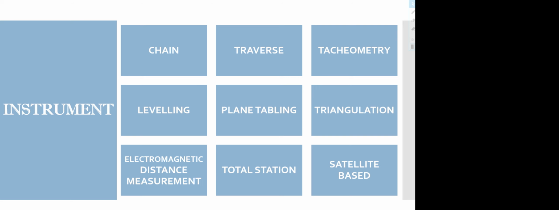So we have seen classification of survey, in which you classify based on accuracy, based on the need, that is the purpose. Then the classification is based on the instrument. Then the classification is based again on the land area, or where your surveying is going to be done. So this is how your surveying set is being differentiated.